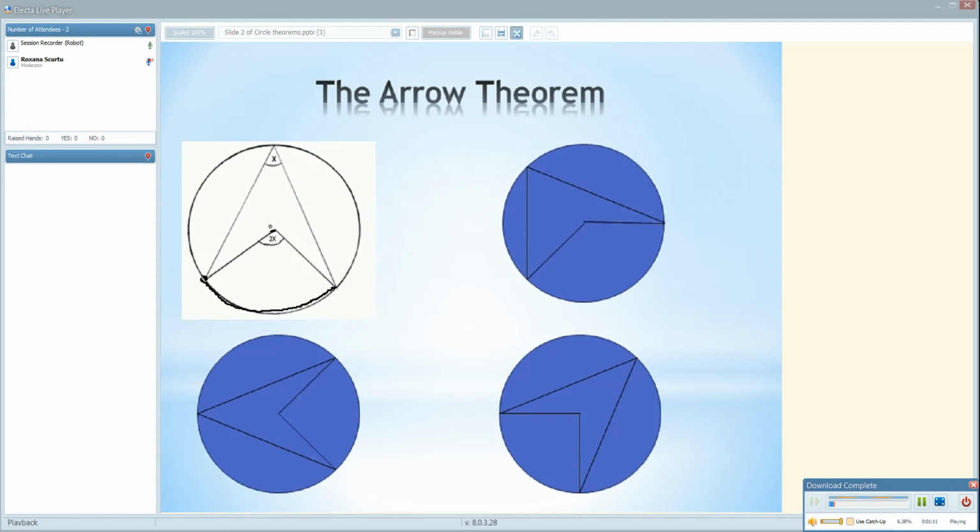Yeah, so I have a few examples here. So if this one is 40 degrees, this one would be 20 degrees. In this case, we can say this is 100 degrees, and this one is 50. Yeah, so it's always half. And this one is 90, and this one is 45. Yeah, so this is the first theorem. Now, the second one